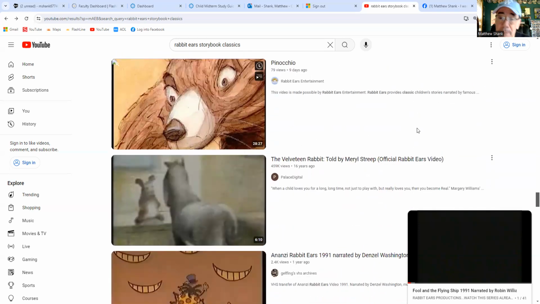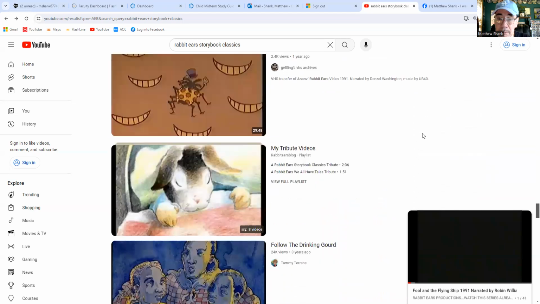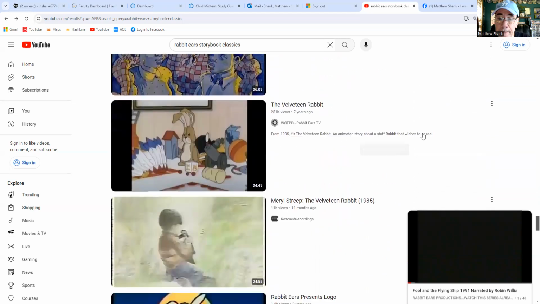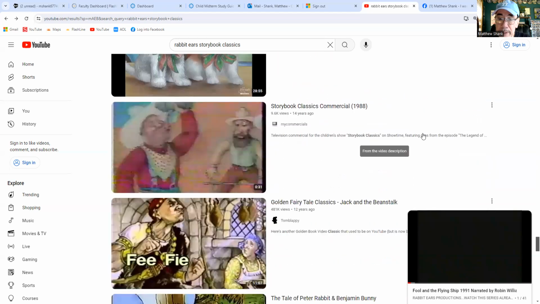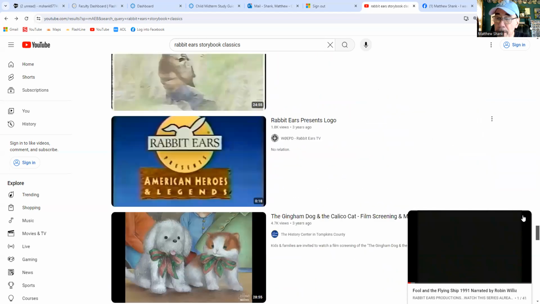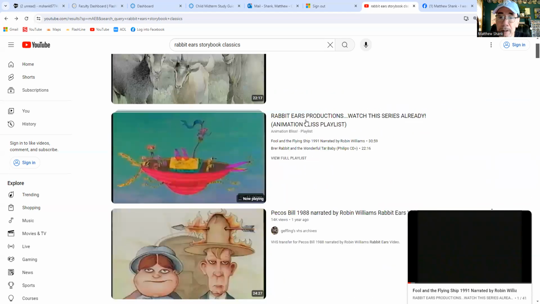Meryl Streep, The Velveteen Rabbit. Denzel Washington, Anansi. Any more on this thread here? Doesn't look like it. So I'm going to go back to the top, because if you click on this one,